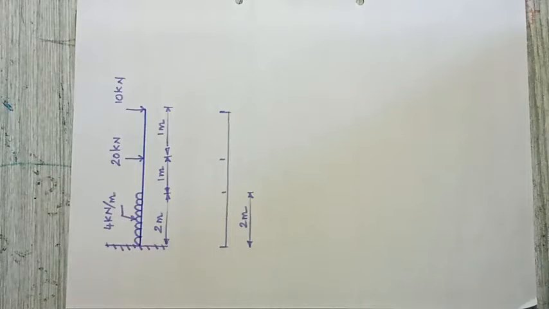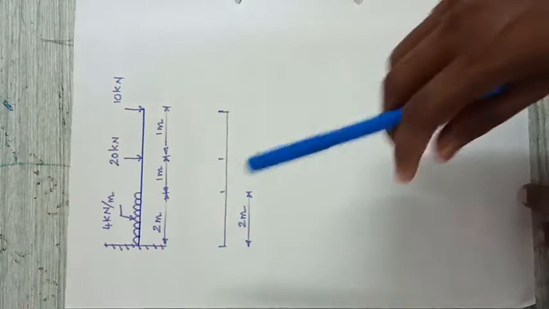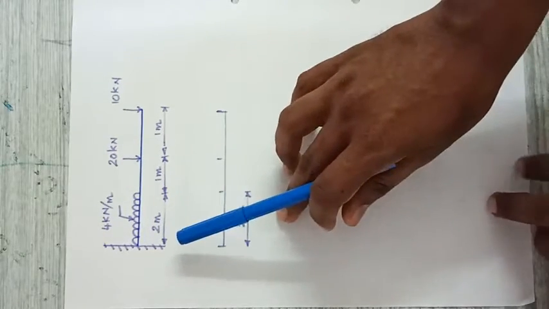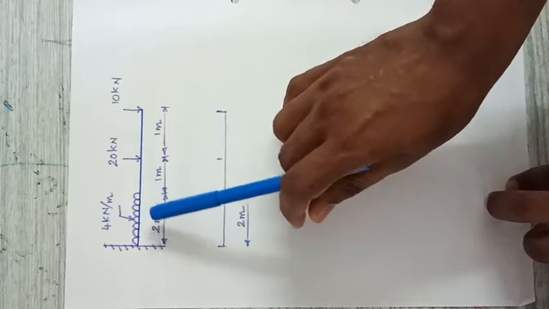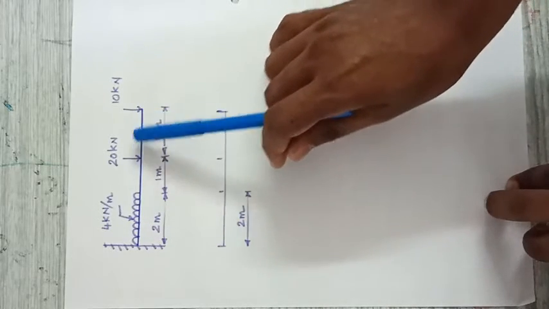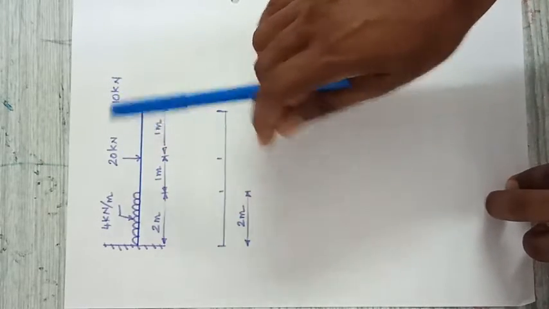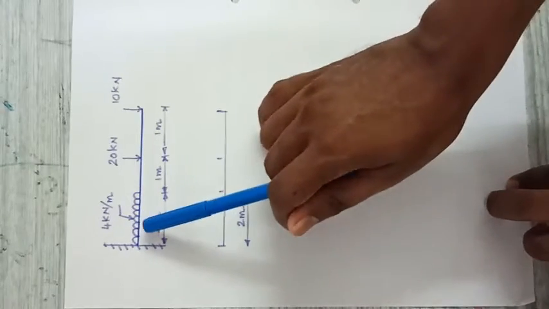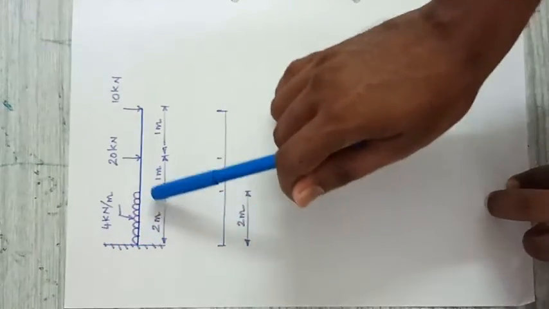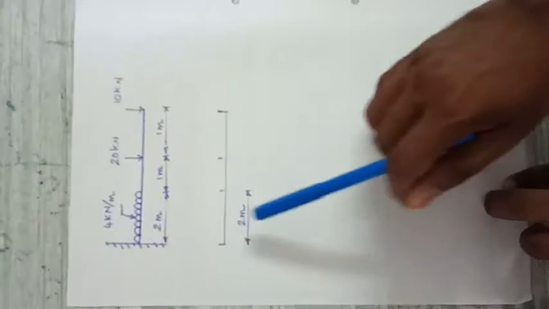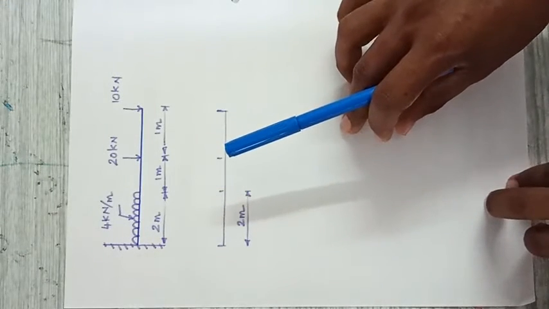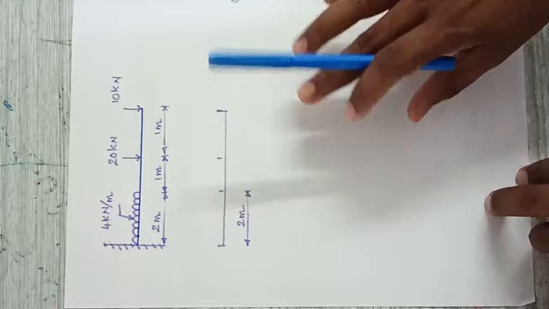In today's video, I'm going to discuss how to find the reaction forces when a UDL is acting. Let us consider this cantilever beam. It is subjected to two point loads, 20 kilonewton as well as 10 kilonewton, and along with that, there is a UDL acting. Whenever a UDL is given, what is this UDL? UDL is a uniformly distributed load,